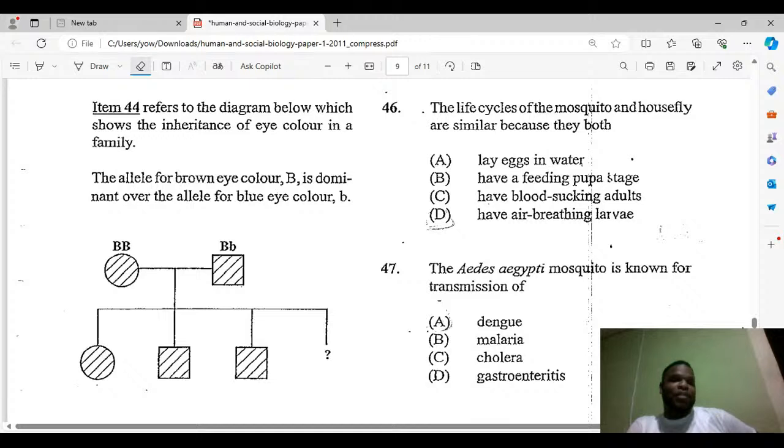So you have Aedes aegypti for dengue and all of that. And then the mosquito that transmits malaria would be Anopheles. Anopheles mosquito. Yes, female Anopheles. All female mosquitoes transmit. The male doesn't do anything. The male is useless. Females are dangerous when it comes down to mosquitoes. So Anopheles is for malaria.